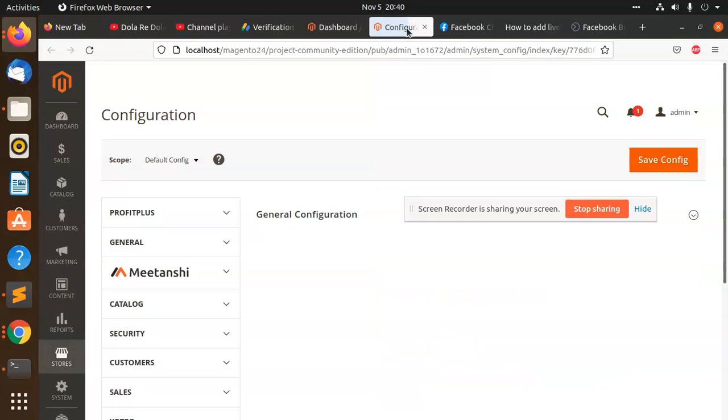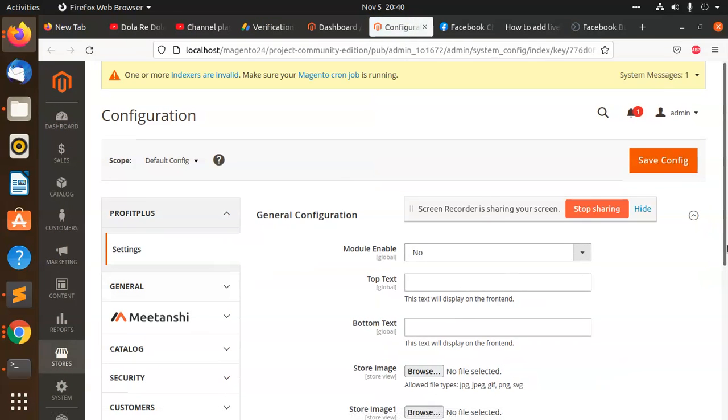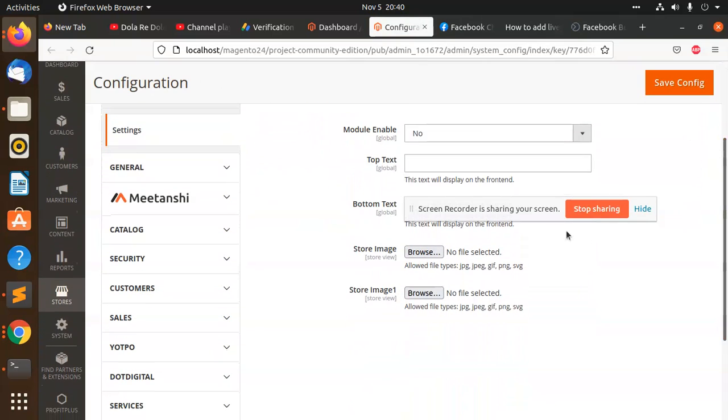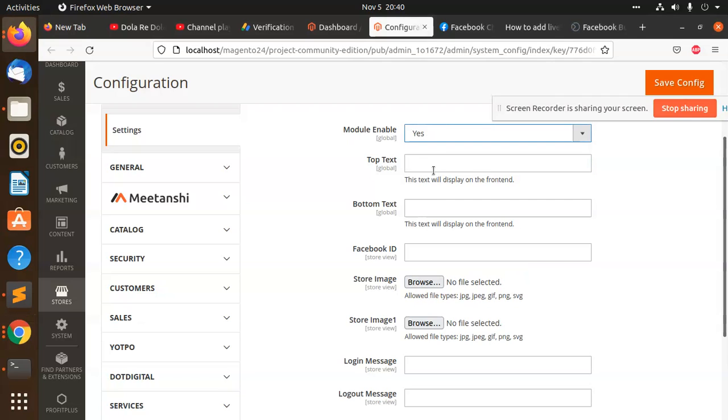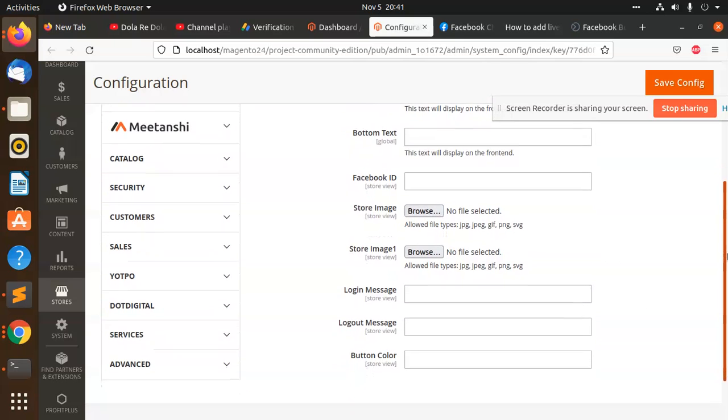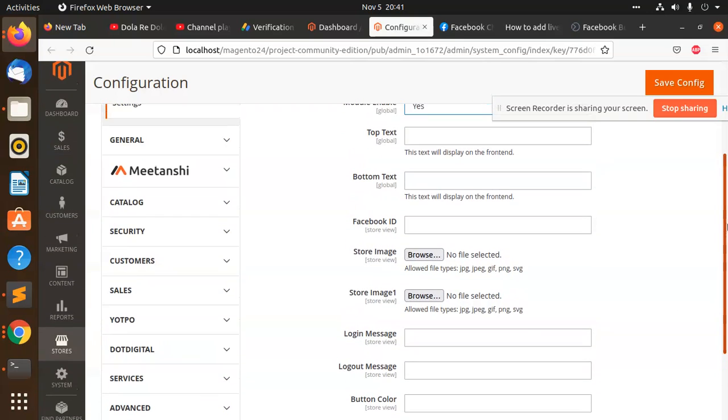Stores, configuration. Now we have the top text and bottom text for the footer. So let's enable this module. So let's add the login message, logout message, and button text.